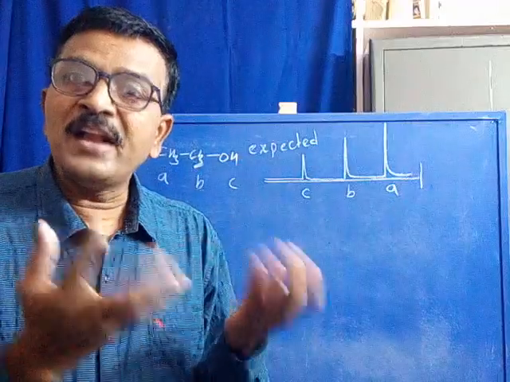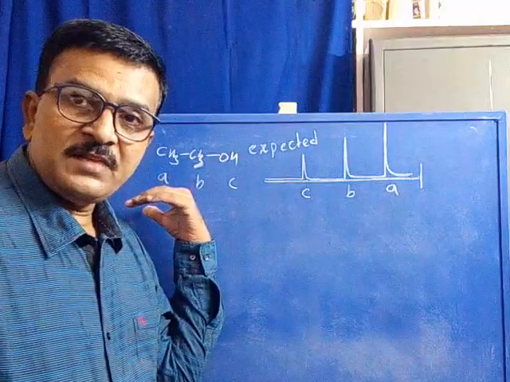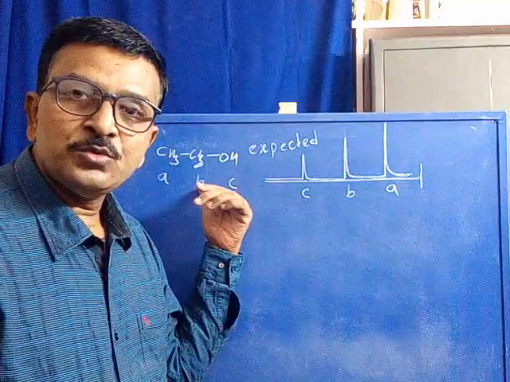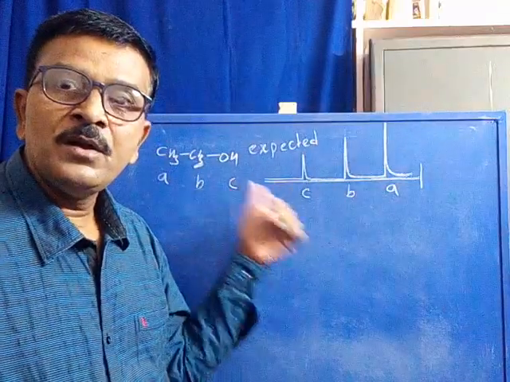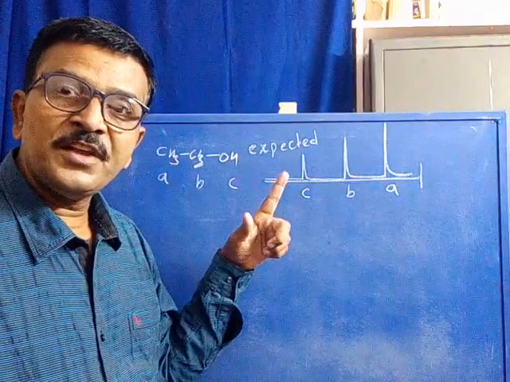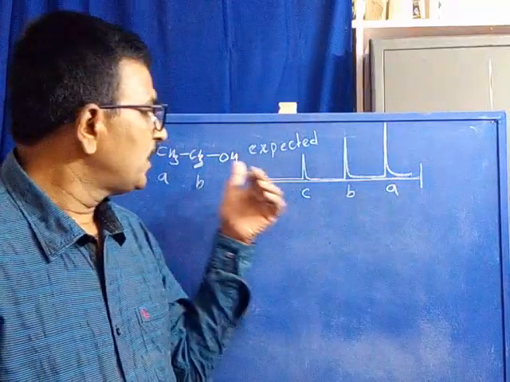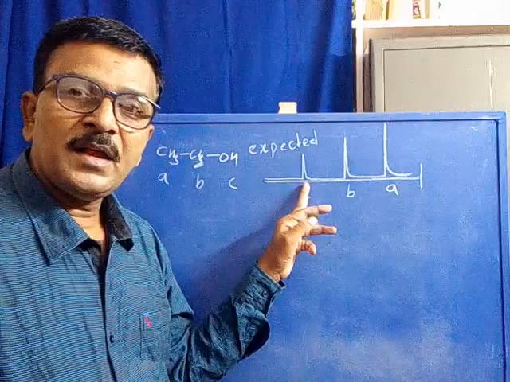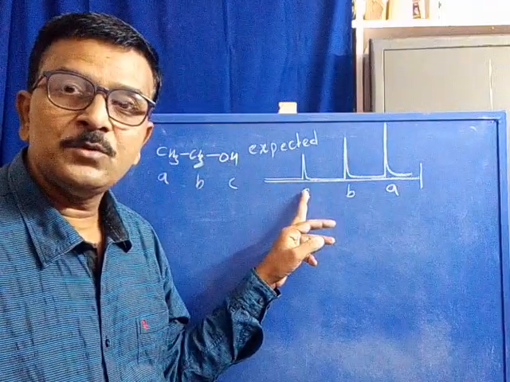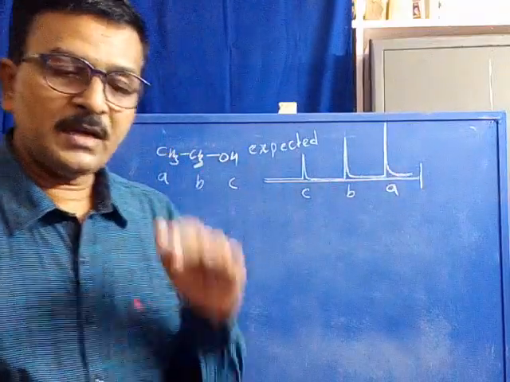one signal of one line. This is one signal or one line for the CH3 set of protons. This is the second signal or second line for the CH2 set of protons. This is the third one for the OH proton. According to the factors influencing, protons with more electron density appear at lower delta value. Low electron density protons appear at higher delta value. Accordingly, the OH appears at higher delta value, that is downfield. CH3 appears at upfield, that is lower delta value.